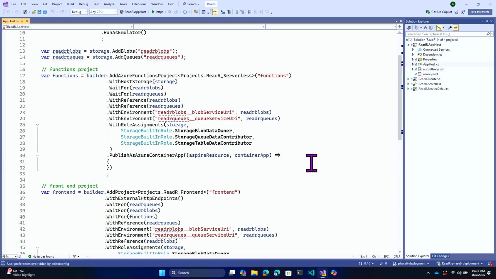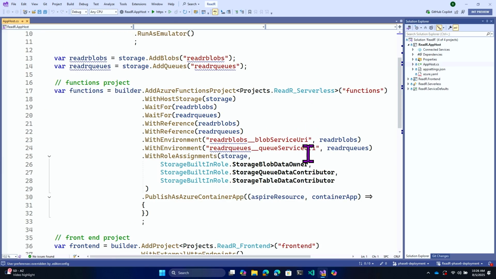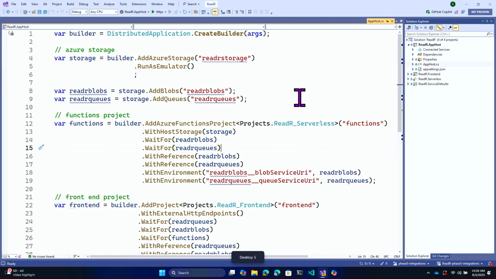I think I have a reason there, and they're actually here. Now, in this experience, I want to point this out, and then I want to give Byron the floor. In this experience, what I'm doing is I'm setting up my storage account up at the top, setting up blobs